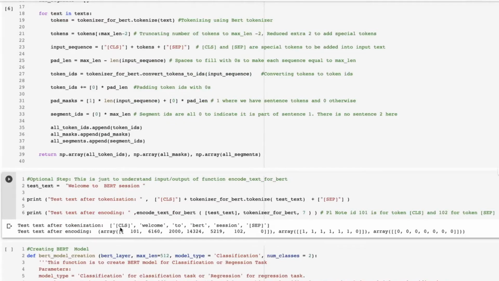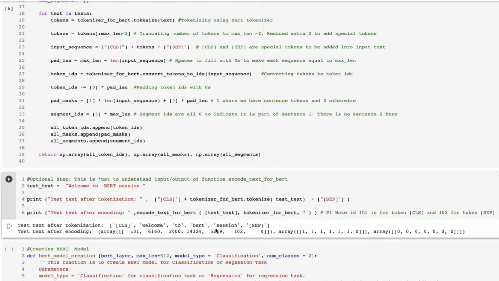And BERT tokenizes it as shown here. Basically it is adding two special tokens, CLS and SEP, in this sentence. So we have CLS and then welcome to BERT session and SEP as tokens.